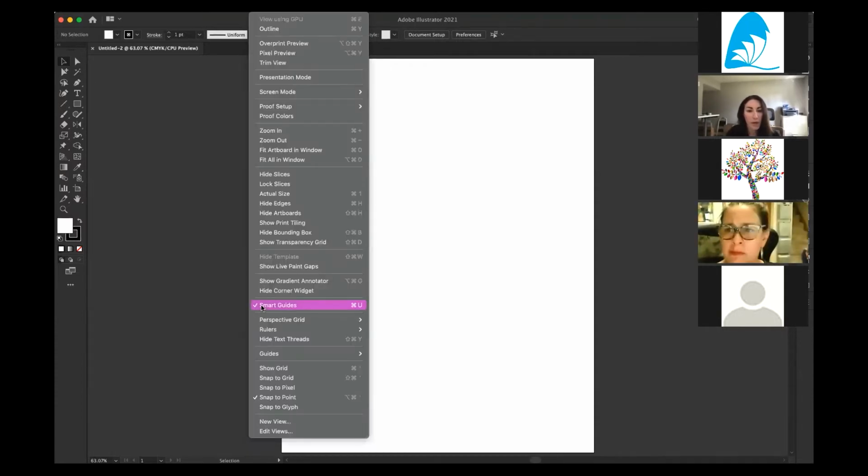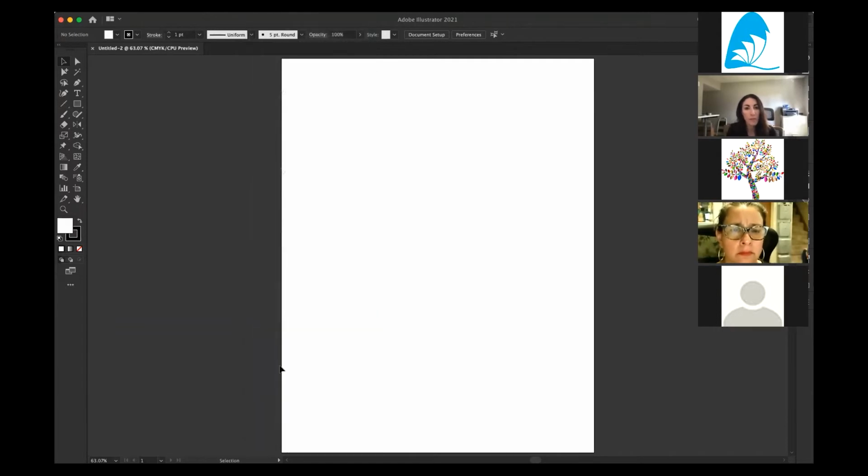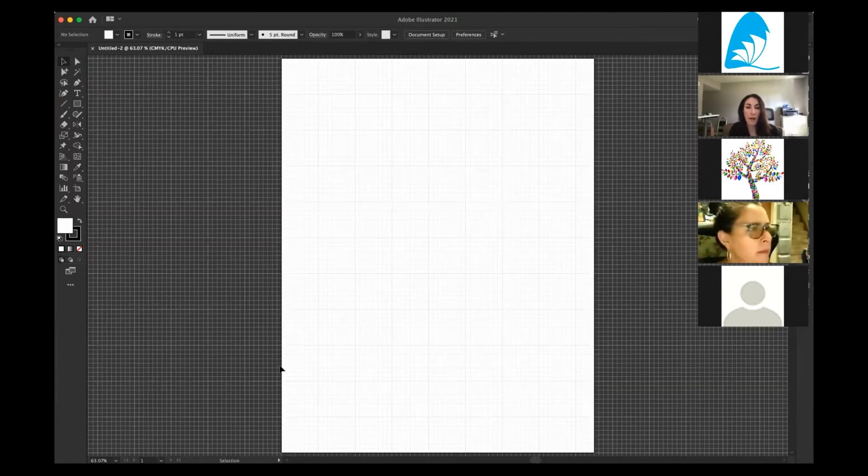Actually, I won't work with Smart Guides yet. I'm going to do grid. So go down Smart Guides, we really need a grid first. So I'm going to do show grid. And you can see I have now a hatch mark grid right over my artboard and the whole entire screen